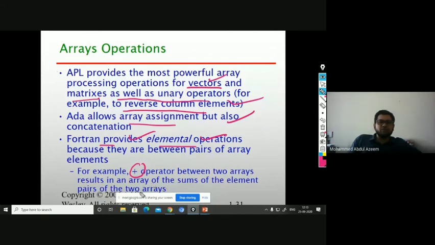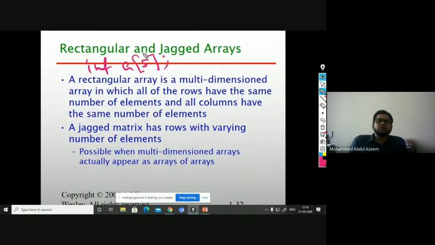Some of the elements of pairs of the two arrays, right? So you can add two arrays and then get the value of the same as an element, right? That is being allowed here in Fortran with plus of the thing, right? Horizontal or vertical. But if I want to have 2 dimensions, I should have,